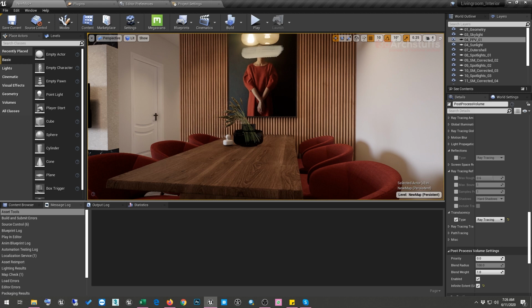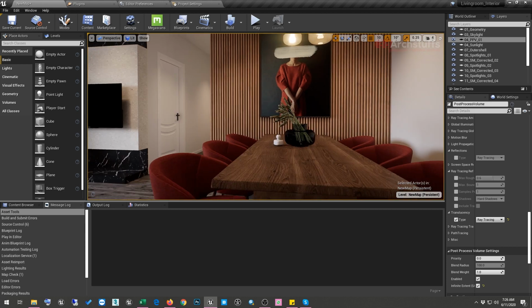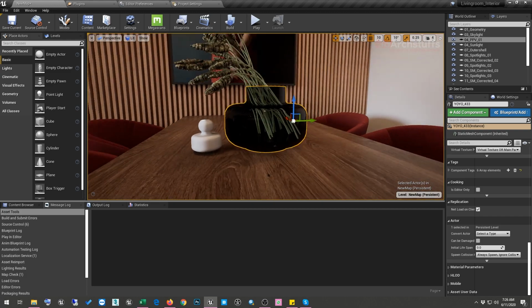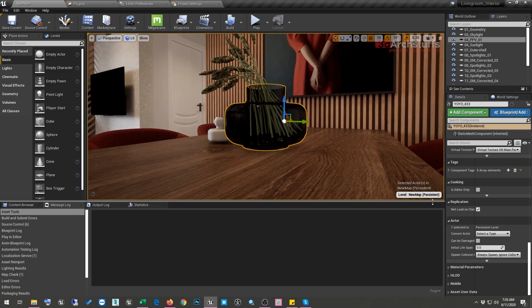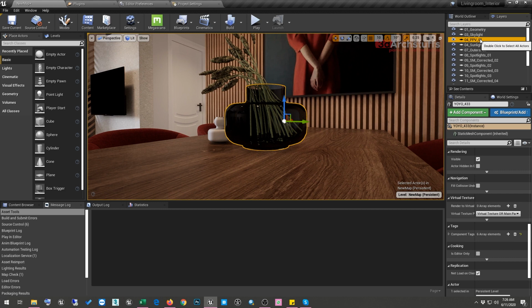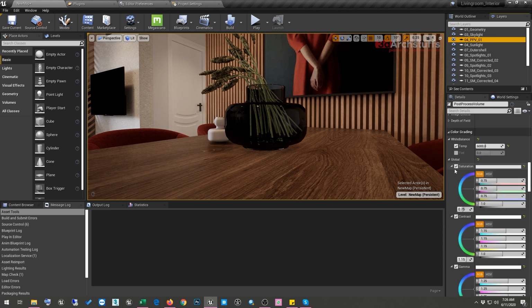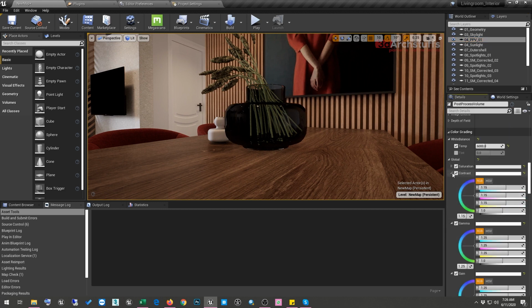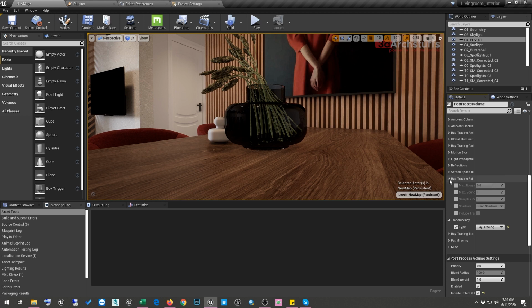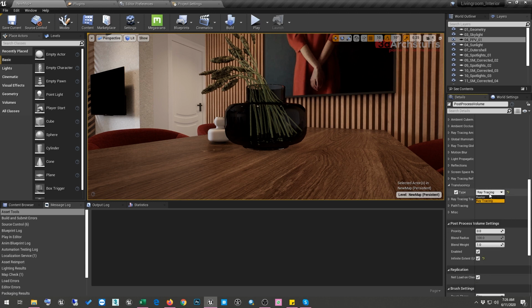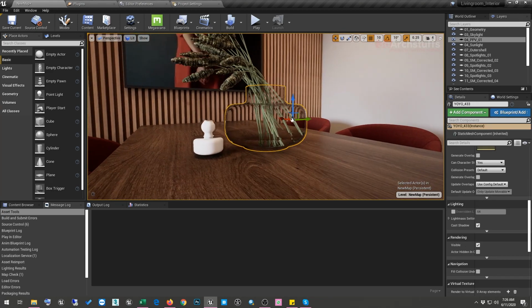So the moment you make ray tracing translucency on, you can see here my glass becomes very bad, like it's now black in color. And if I go ahead and then again let me collapse these buttons. So if I go ahead and then change it to like raster, then you see the glass is at least looking a little better.